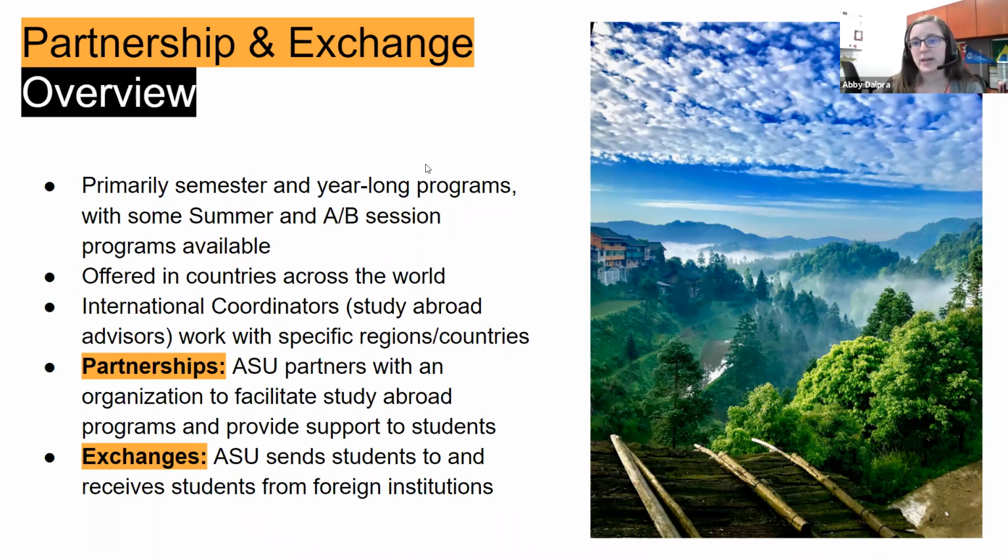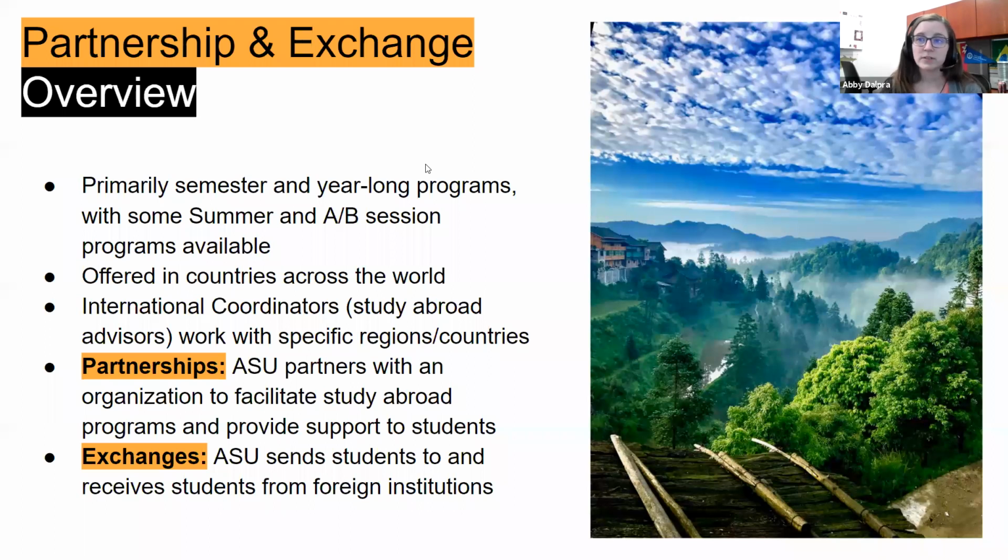And so you may end up meeting with them or speaking with them about opportunities if you're interested in their regions or countries. So the main difference in the framework of partnership and exchange programs is that partnership programs are